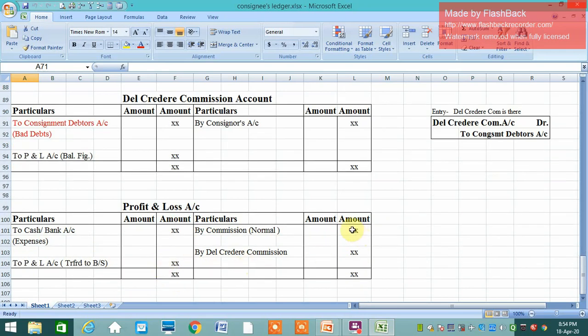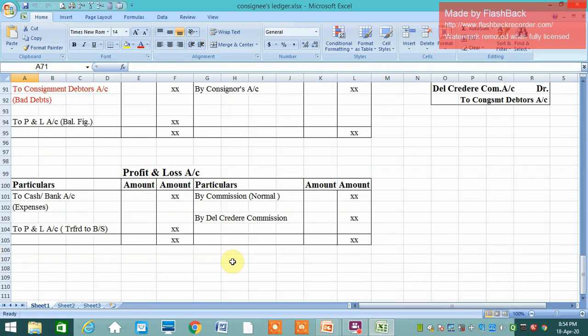See, he has earned this. This is his income, and these are his expenses. If the income is greater than the expenses, then the difference will be transferred on the debit side to profit and loss account, and that will be taken in the balance sheet. If the expenses are greater than income, then this difference will come on the credit side as by P&L account, and that will be your loss, and that will come as a negative amount, and that will go to the balance sheet. Whether it's profit or loss, both are going to the balance sheet ultimately.